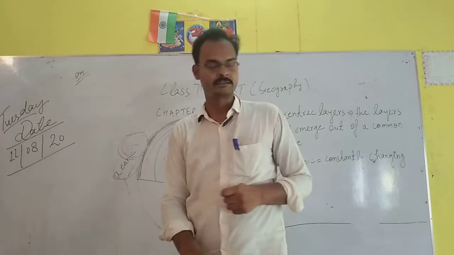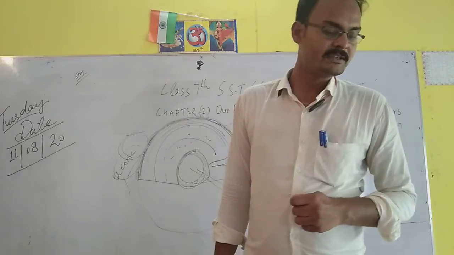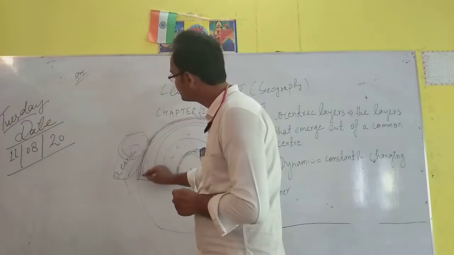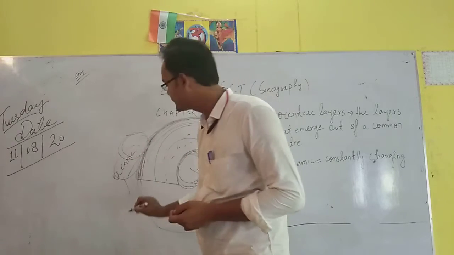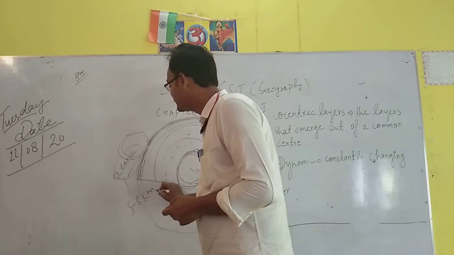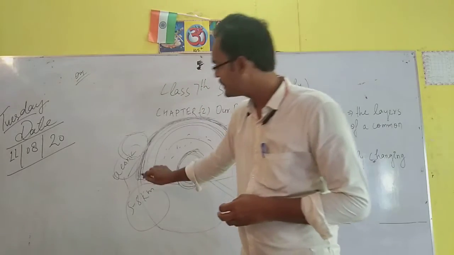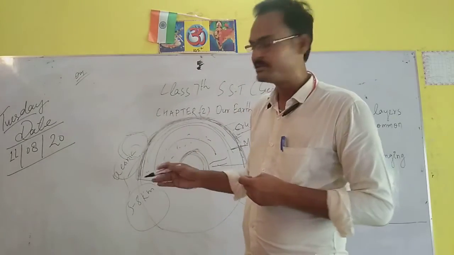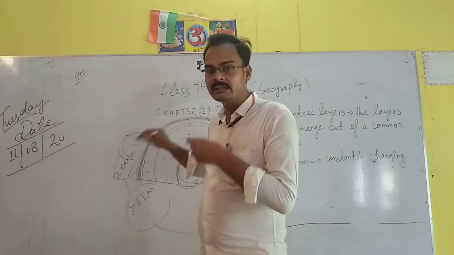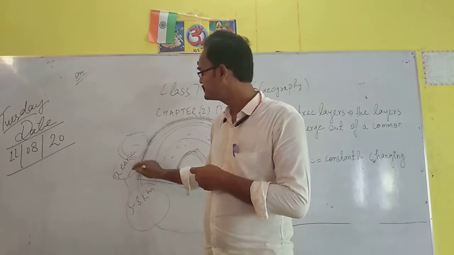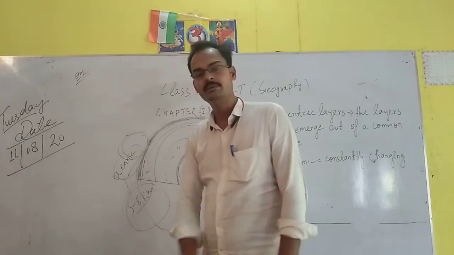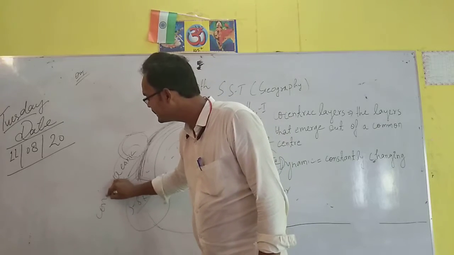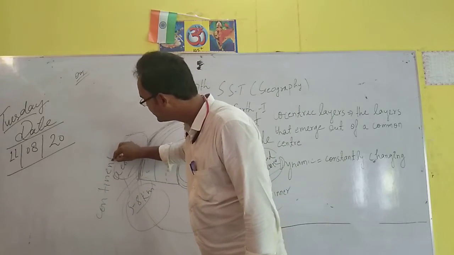The layer beneath the oceans is known as the oceanic crust and forms the lower part of the crust. That is the lower part of this crust. If we see the thickness of that part, it is 5 to 8 kilometers thick. Students, you can understand by the word that the crust which is under the sea is oceanic crust, and it is 5 to 8 kilometers thick. And after that, the upper layer is known as continental crust.